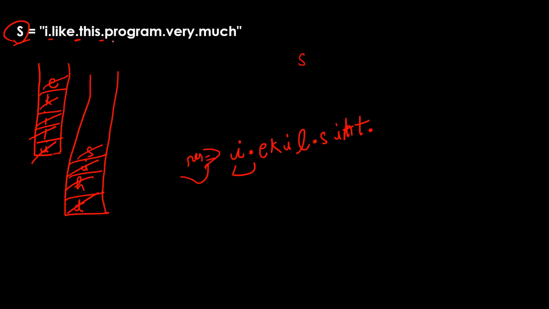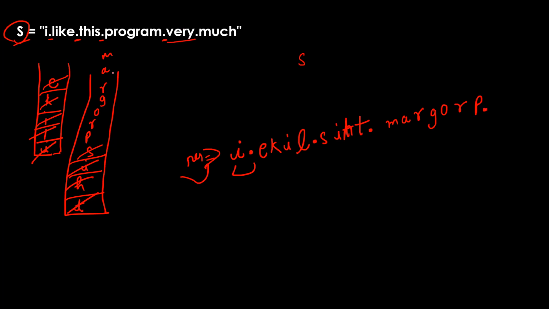Now again we are repeating the same thing: as of now they are not dots, so we're going to simply push them in our stack. So P will be pushed, then R, then O, then G, then R, then A, then M, right? And as you have seen a dot now, just pop out the elements from your stack. So M, A, R, G, O, R, P, right? That's what we're going to have. Then add this dot as well.